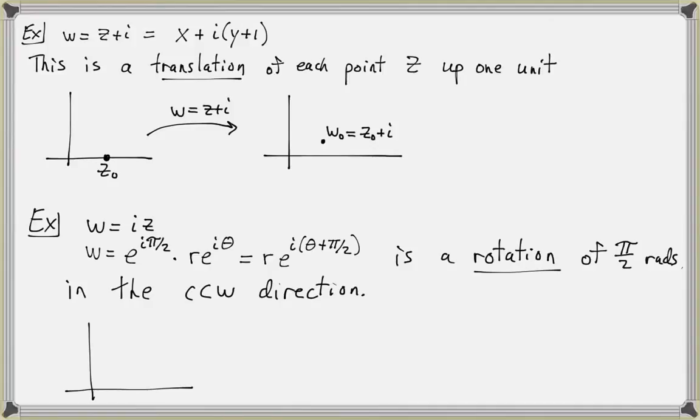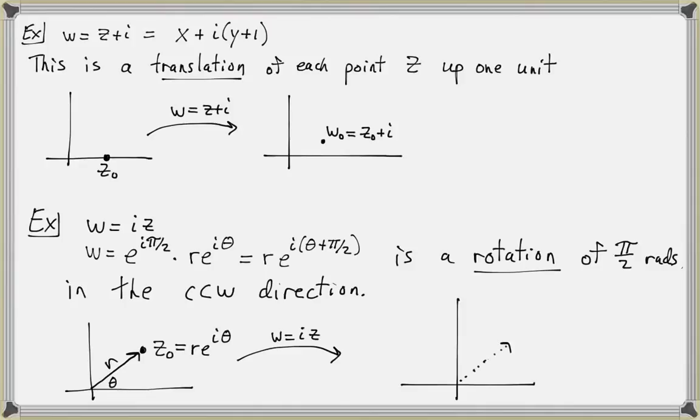So to visualize this, imagine we had a point z0 in the z-plane, z equals r e to the i theta. Then this point has a vector of length r associated with it and angle theta. Then under the transformation w equals iz, we see that in the w-plane, the original vector with angle theta will be